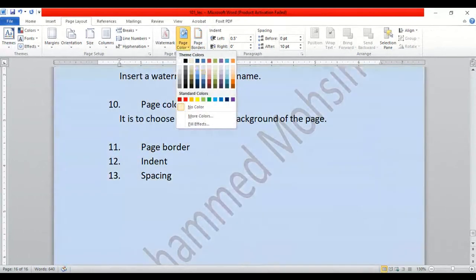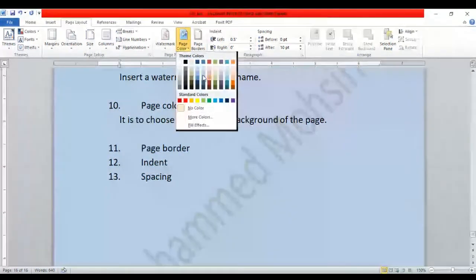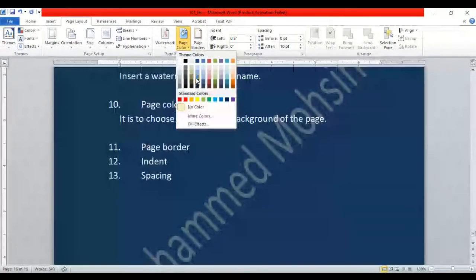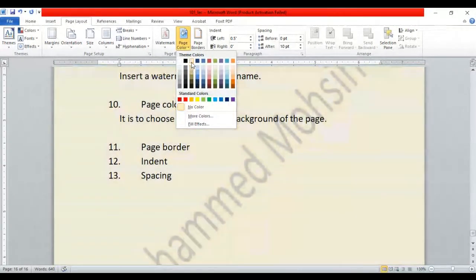So now you can select blue, right? You can select green, you can select this color, any color for the background of the page. You can select this or this or this. Okay,